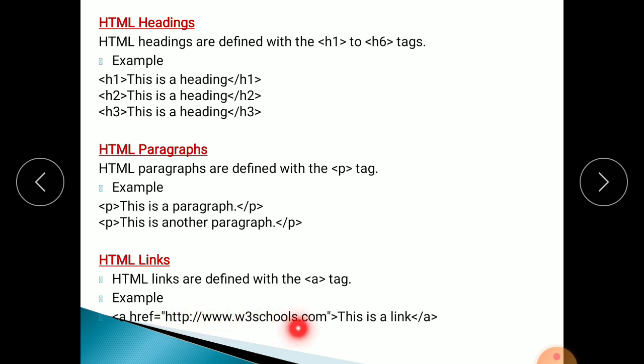This is another site. If you want to jump to the next page, write the link like this. Here you have a practical on each tag: how to write a heading, how to write a paragraph, how to connect one web page to another web page. All these things you have in practical. When college starts, we'll see these practicals in our lab. Okay.